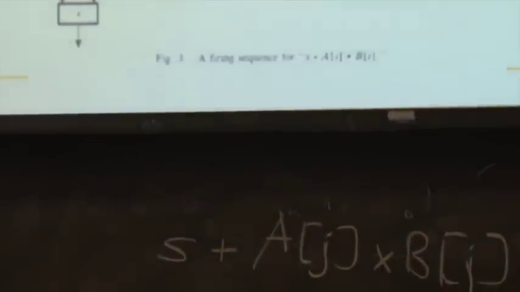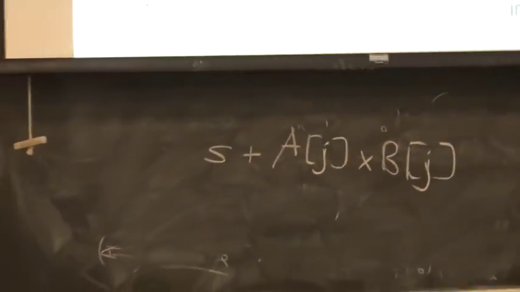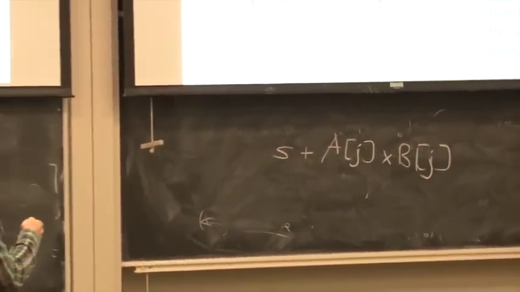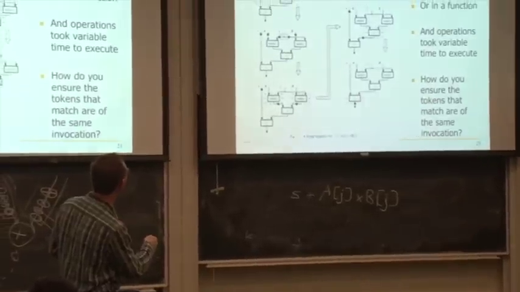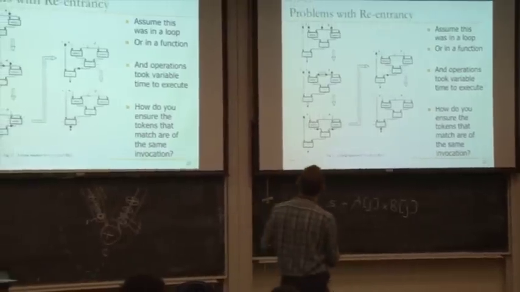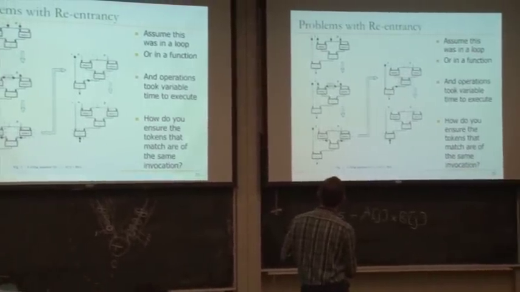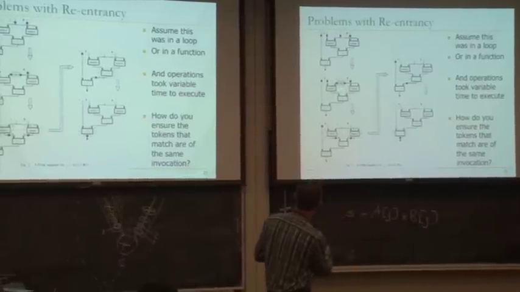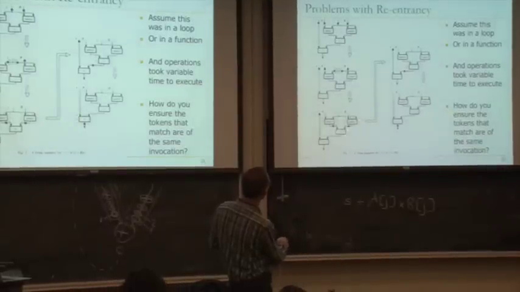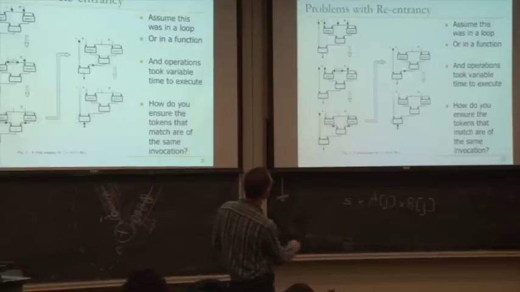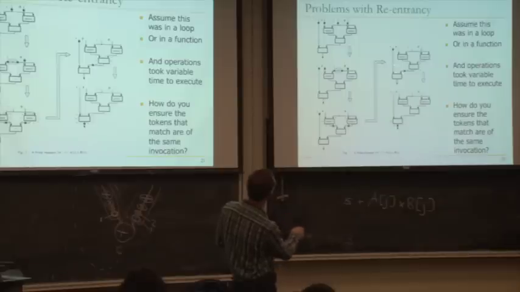This node basically fires when J appears. You get the AJ input here, and then the BJ input here. Once these two nodes fire, they generate an output token. Then this node fires, which is a multiplication node, which is this part, and it generates an output token. And then this node can now fire because S was available. Now both of its inputs are available, which generates an output token.